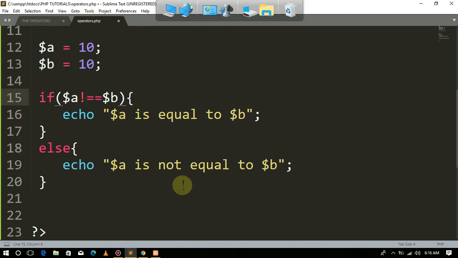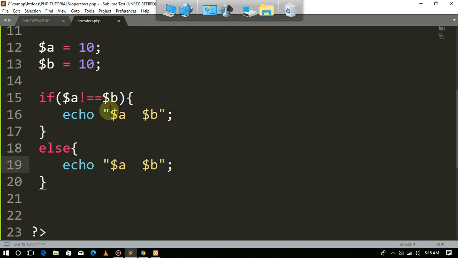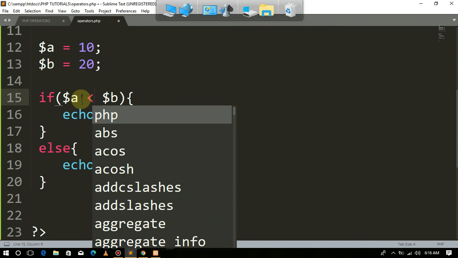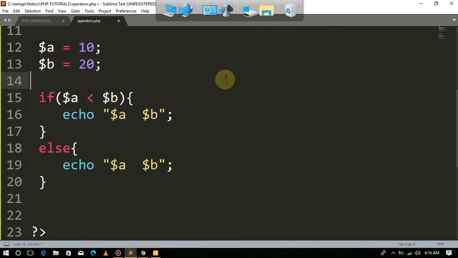So let me take this information off, and take the one inside off. Let me take these ones off because I'll be needing them. Okay, so we have the same a and b. Let me change the b to 20 again. Now let's check for less than. So we can say that if variable a is less than variable b, then let's try to say